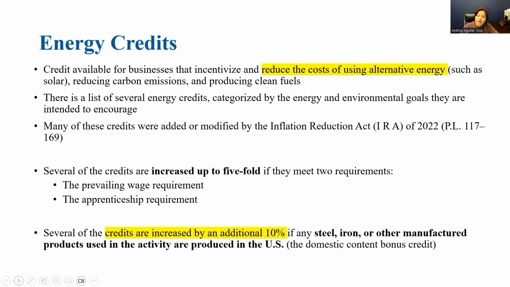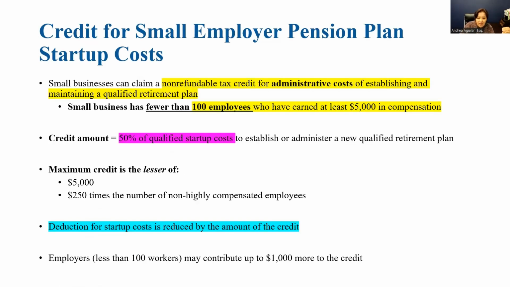Another type of credit is the energy credit. This credit is available to businesses that are trying to use alternative energy like solar energy. And since they are investing money or spending money in using this alternative energy, we want to reduce their cost by giving them this type of credit. The credit cannot be more,